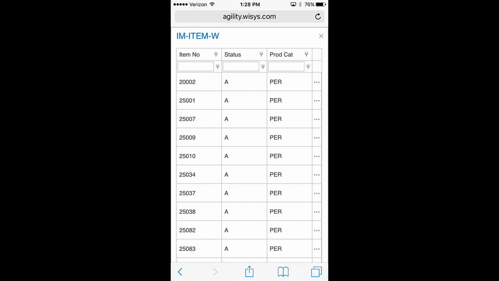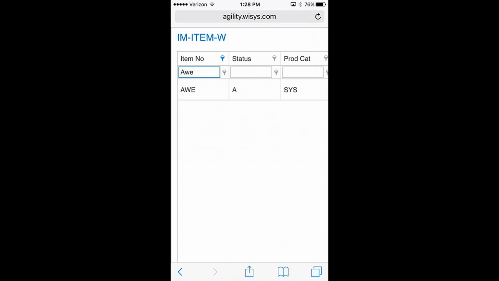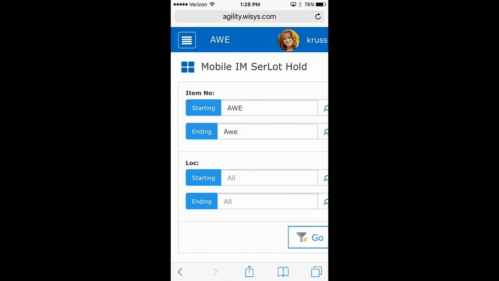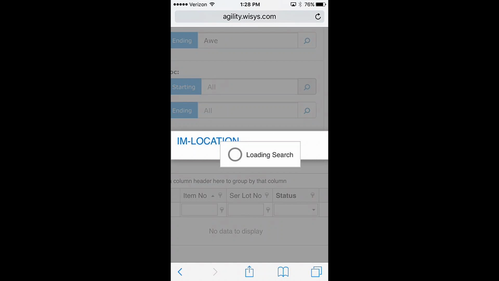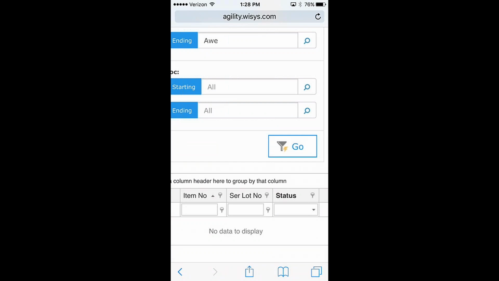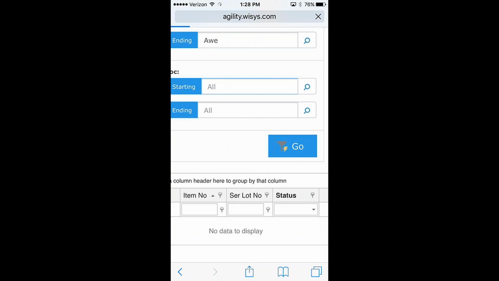And I am in my item number. And again, I'm typing in because it popped open my screen. And I am simply going to hit enter, and I get my AWE. And I can set my filters and my criteria here. So for my location, I have a lookup here. And in this instance on this database, I would like to pull up my 00 location. Oh, hold on, on this database, it should be fine. I'm going to choose go